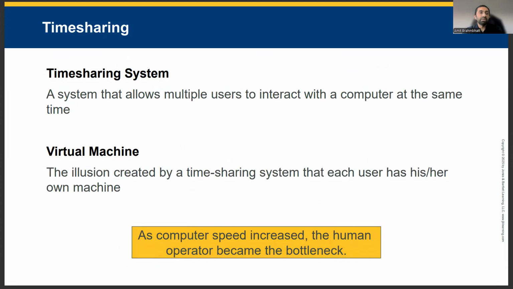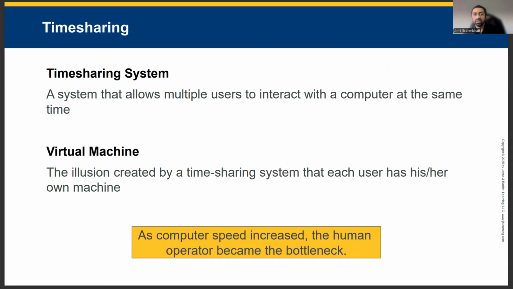Moving on, time sharing. Earlier in the history of OS, there was a concept of time sharing. It was a major development in the history of the operating systems. A time sharing system allows multiple users to interact with computers simultaneously by rapidly switching between tasks. Each user experiences what's called a virtual machine, an illusion that they have exclusive access to the system, even though